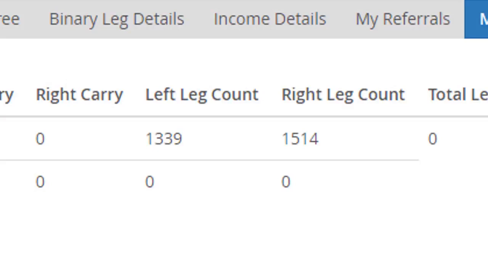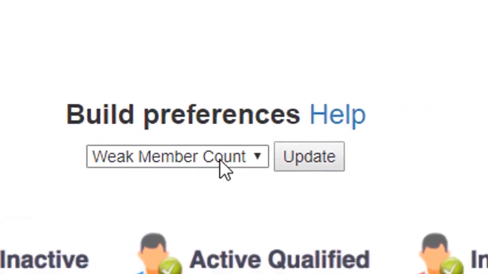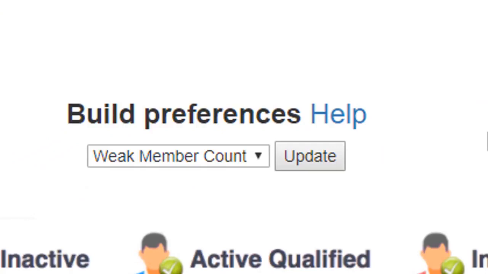So the right leg versus left leg, the weak leg or smaller leg versus bigger leg, those numbers can change at any time. So you want to keep an eye on it, keep tracking it, but that's why it's important to keep this set on weak member count so that you're always putting people in whichever leg is the smaller leg. And if that changes, then this will automatically change to put your personal enrollments in whichever leg has the